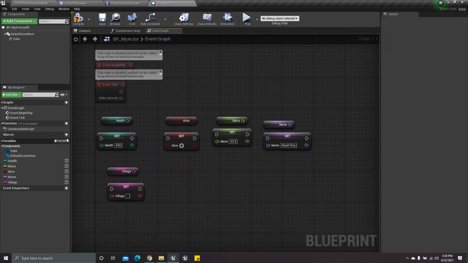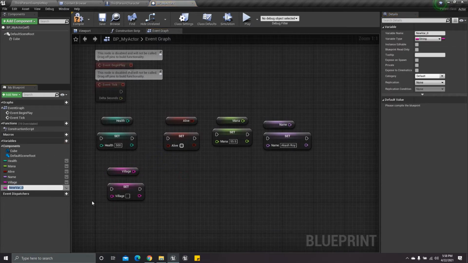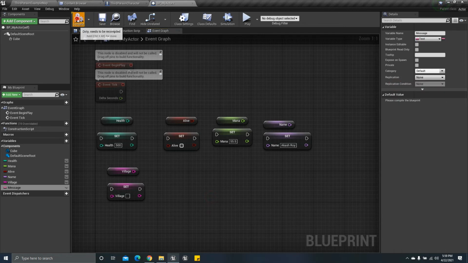Then we have one more variable, which is message. Now I'm going to change the variable type to text. Namaste.